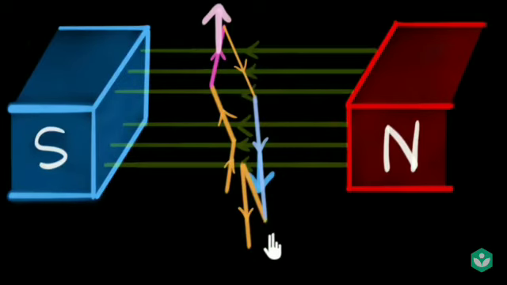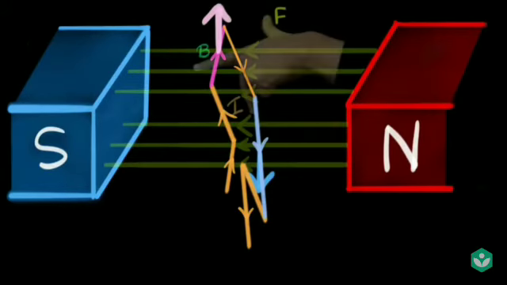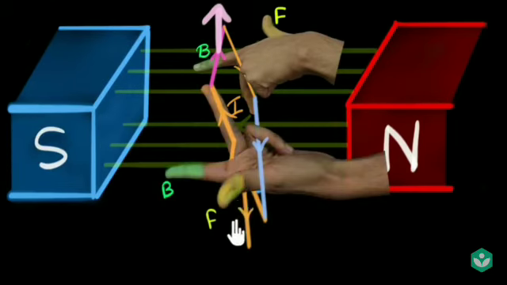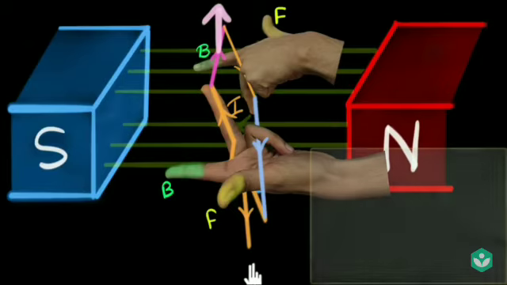So to the forces on this side and this side, earlier they were parallel to the magnetic field, but now they are no longer parallel to the magnetic field. So there will be forces acting on these wires, let's see why. If you try our left hand rule on this wire, notice that the magnetic field is to the left, the current is sort of downwards. So if you apply the left hand rule, we see that the force will be into the screen. Now similarly, if we apply the left hand rule on this side, over here the force comes out of the screen.